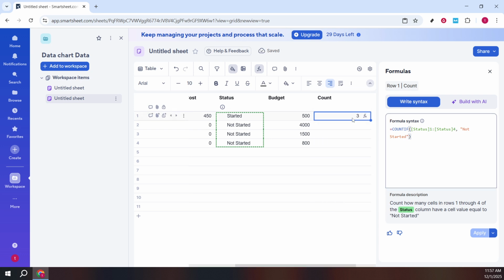A few quick tips to make this more flexible. You can change the text in quotes to count other statuses like "In Progress" or "Complete." For numbers, you can use operators like ">5" or "<=10" in quotes. If you need partial text matches, use the asterisk as a wildcard, for example, "Not*", to match phrases that start